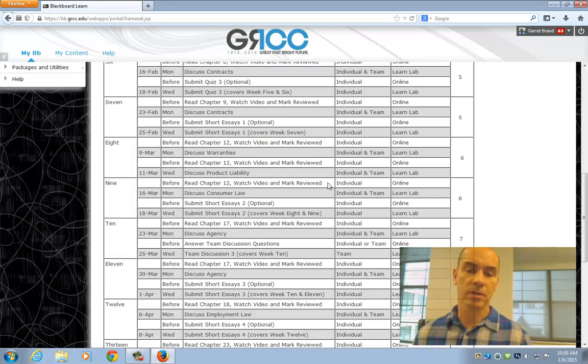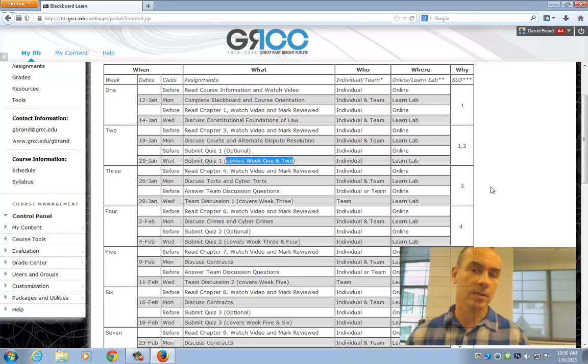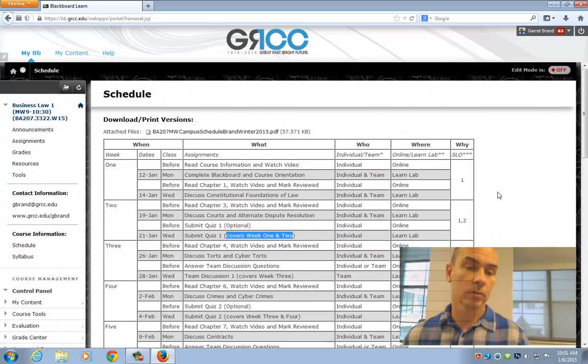If you want to print out the syllabus and schedule, go right ahead. You can also access it from your mobile device, either through a browser, or there is the mobile app for Blackboard, where the schedule and syllabus will show up well. If you have any questions, feel free to email me at gbrand